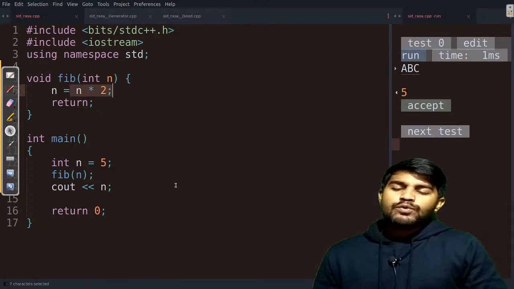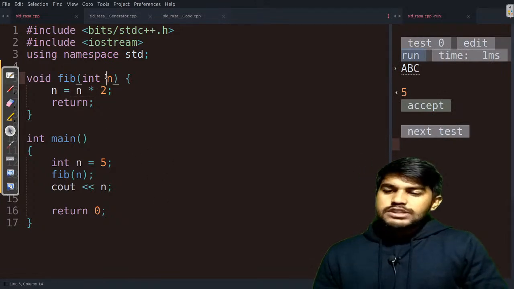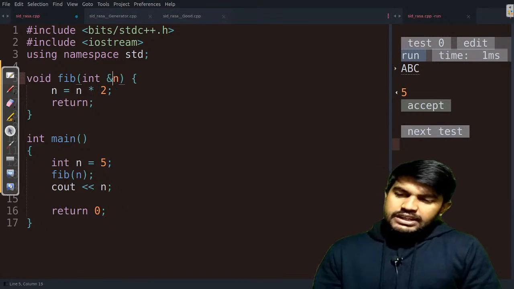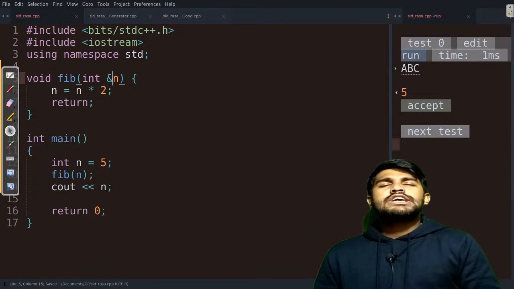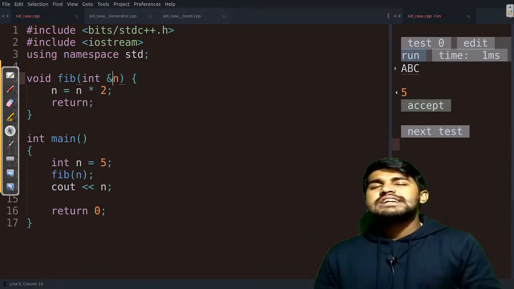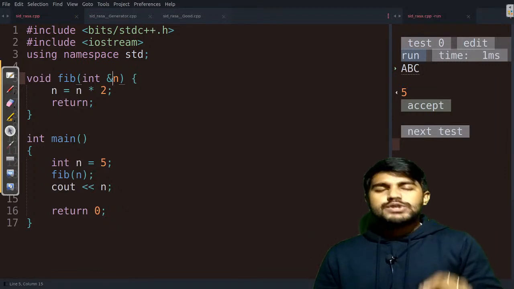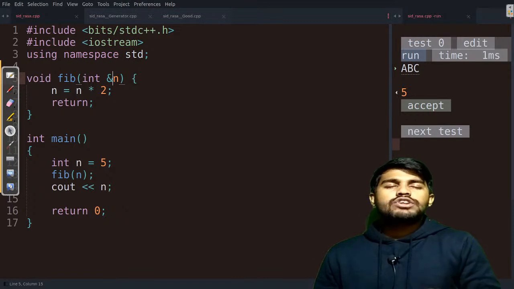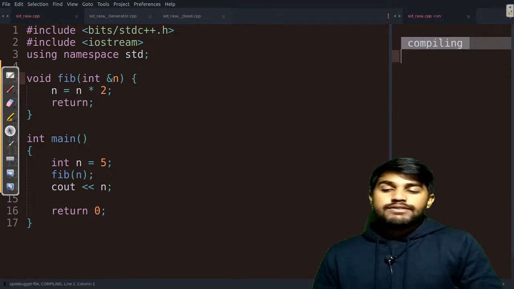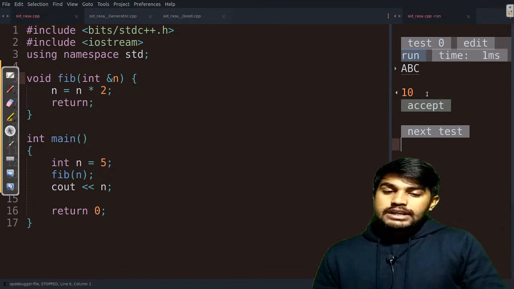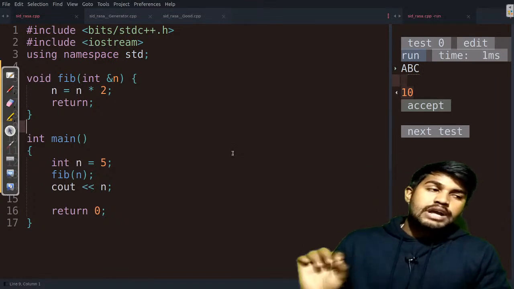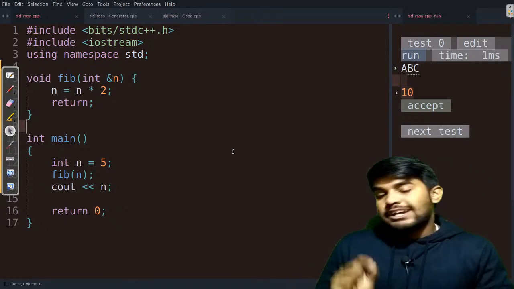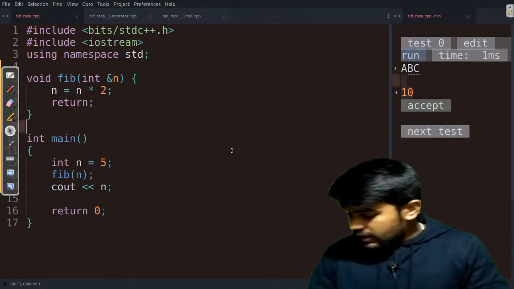Now suppose I want to edit the values. So what I can do is I can simply put an ampersand sign before the variable. This means that the variable would be passed by reference, so whatever change we make to the variable would be carried on for the rest of the program. So now if n is equal to 5, then it would become 10 itself. The value is getting changed when we pass an ampersand sign, else the value won't get changed if we are not using an ampersand sign.